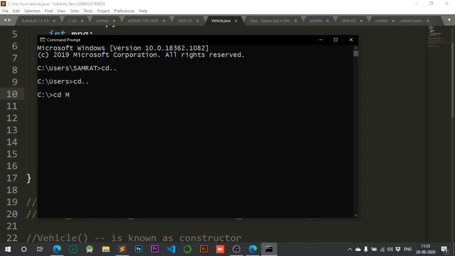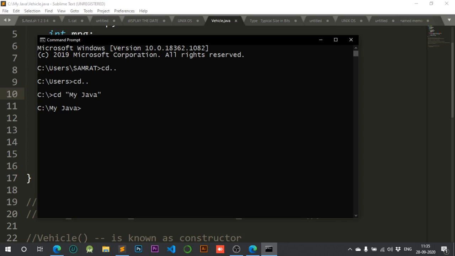If you press the tab key again and again, look, it is showing my Java. I continue pressing the tab key several times until I reach my folder name, and then I press Enter.